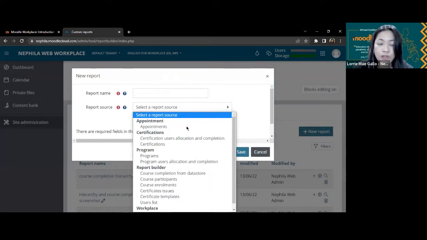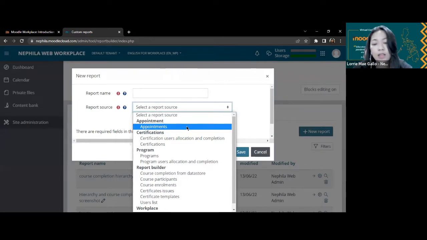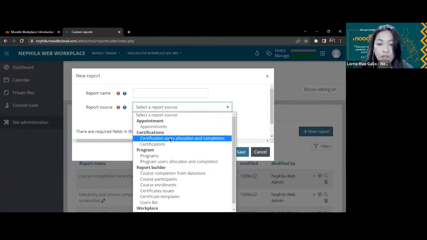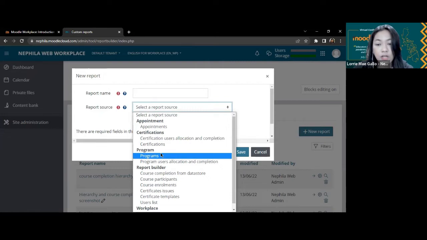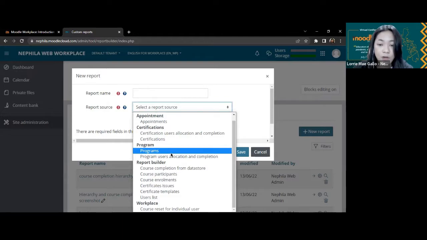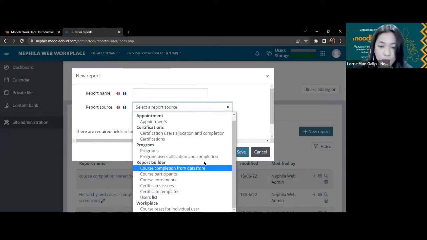so the report source defines where data for the report will come from. The available report sources are appointments, certification, users, allocation, and completion. We have certifications, programs, program users, allocation, and completion. We also have the report for report builder, course completion from data store, course participants, course enrollments, and the certificates issued,